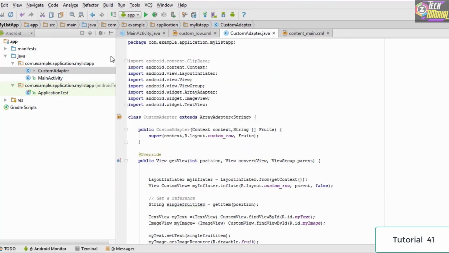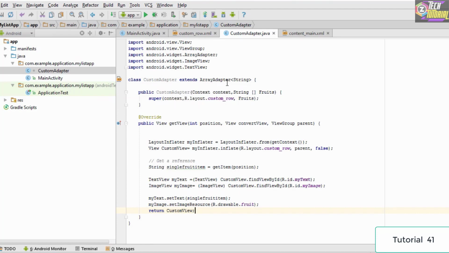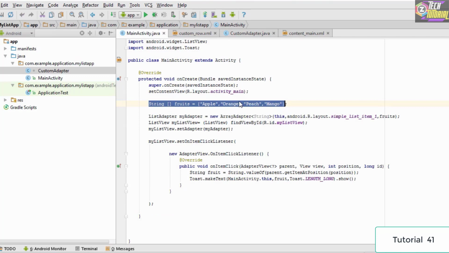So basically we created this new class which was called the custom adapter, and when the class was created, we removed the public keyword and we extended the class array adapter. Now once everything was set up, it was showing us an error, and that is because we initially need to set up a constructor. So we set up a constructor and we made some changes. For example, to the second parameter, we passed in this array right here which contains our items.